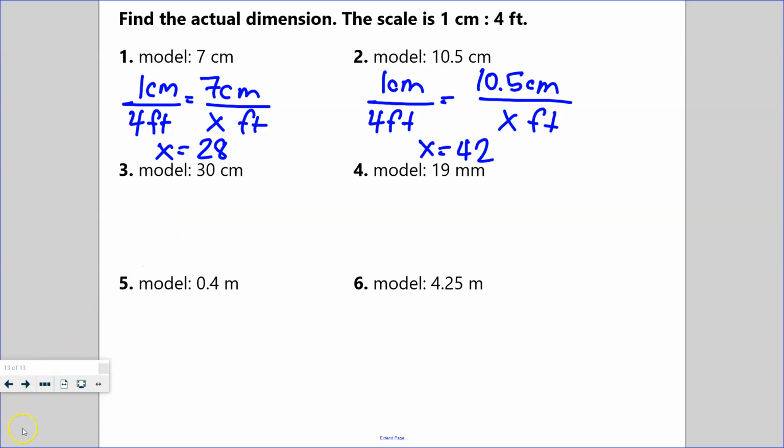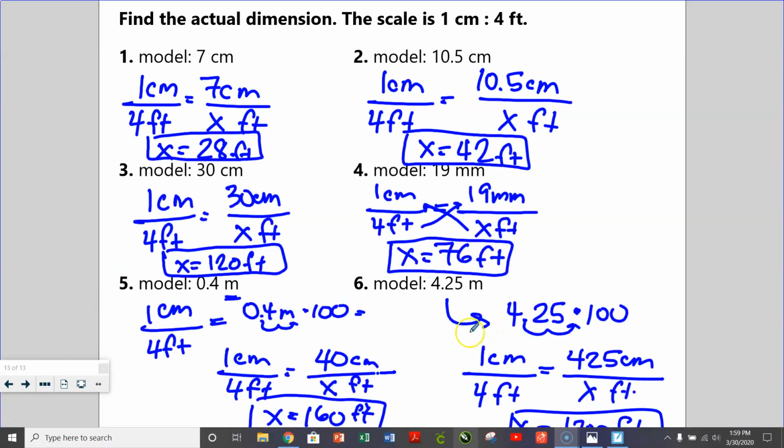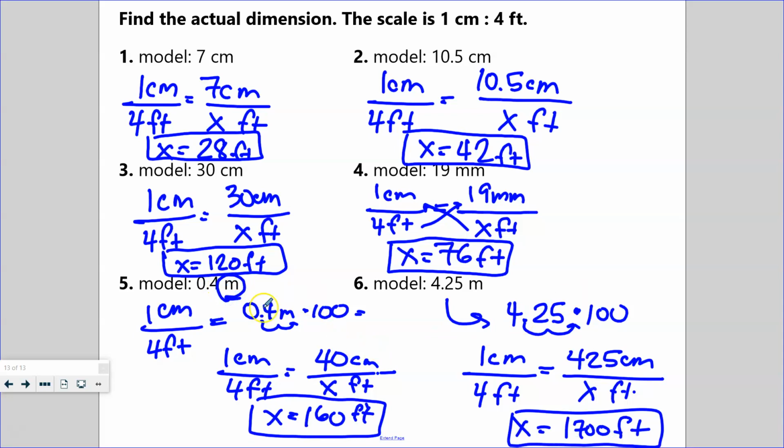So I'm going to go ahead and pause this. I'll do those and let you do them. All right, so here we go. One thing to notice is that it gave us meters here. I actually didn't notice that until the very end. And actually I just realized up here that it gave us millimeters, so we're going to have to redo this one as well. So I'm going to work on redoing this one. So this is not the correct answer here. And I'll rework that one right now for you.